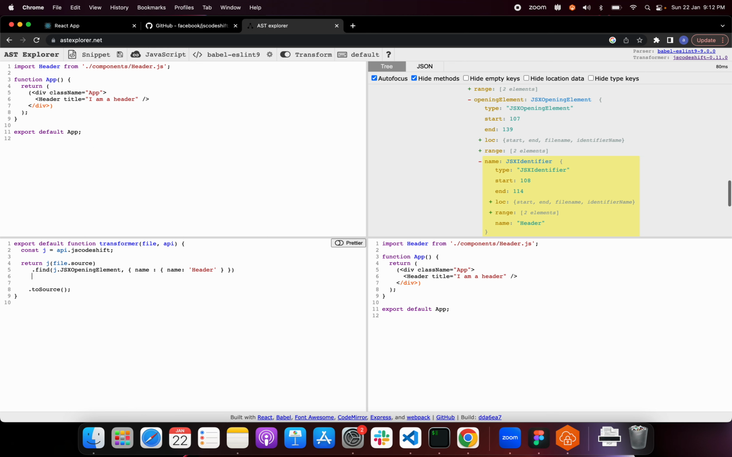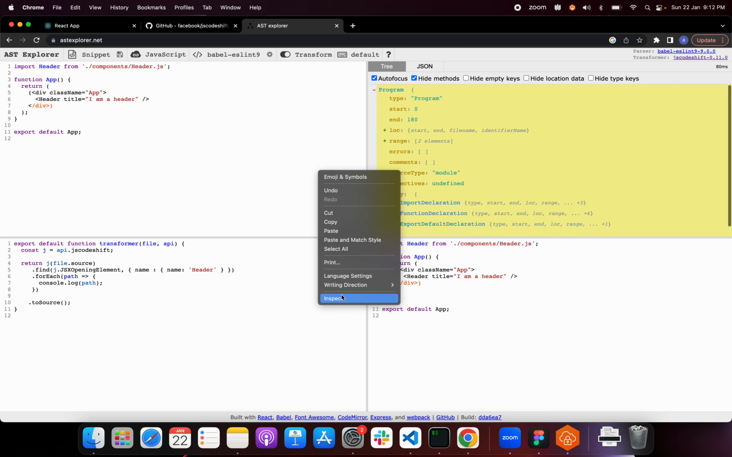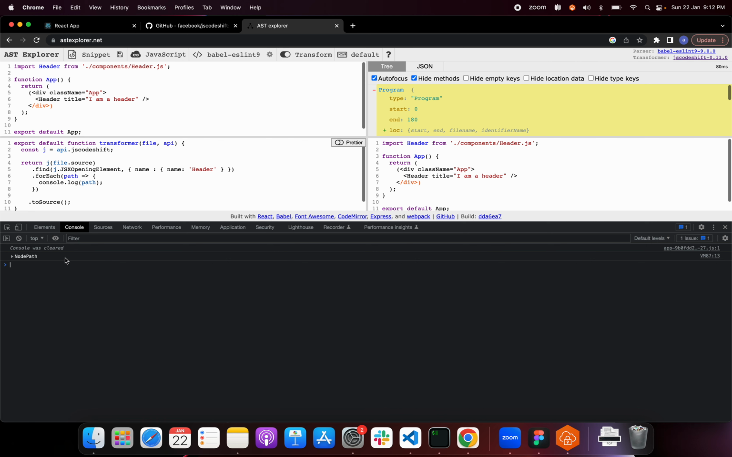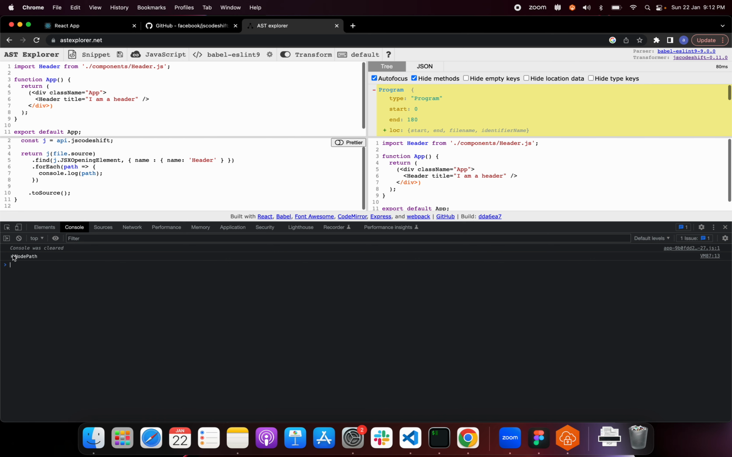Then let's say for each, for now let's print if we are going on the right track or not. So I'll just add a console log here, console log path. Let's inspect it. Yeah, I have a node path. Okay,